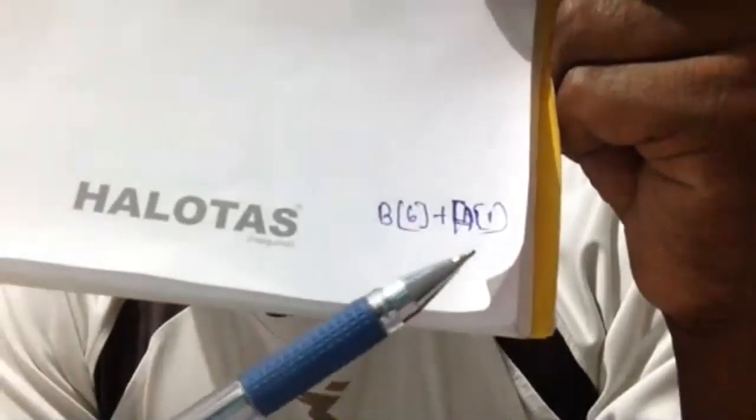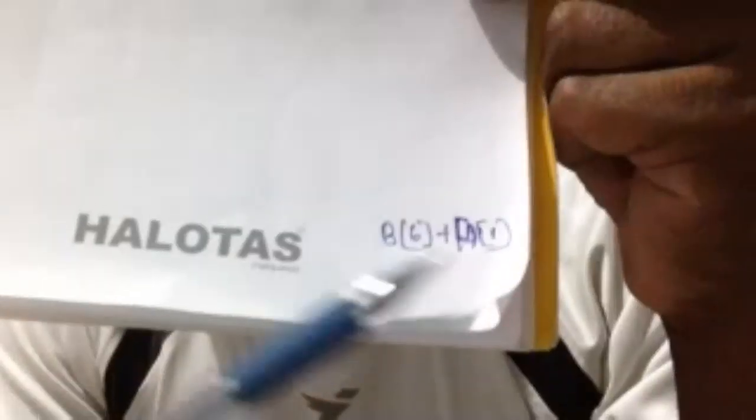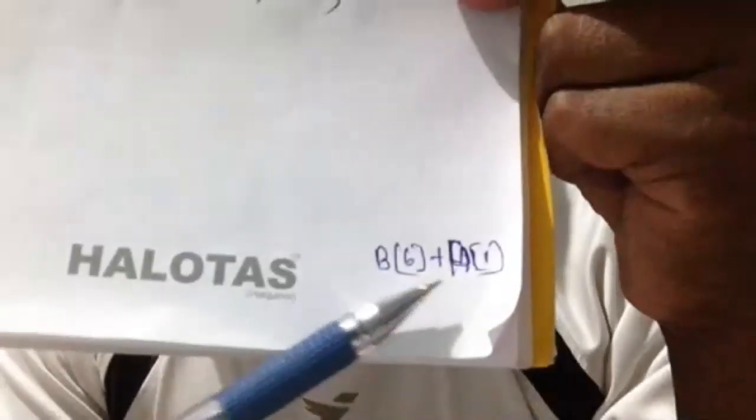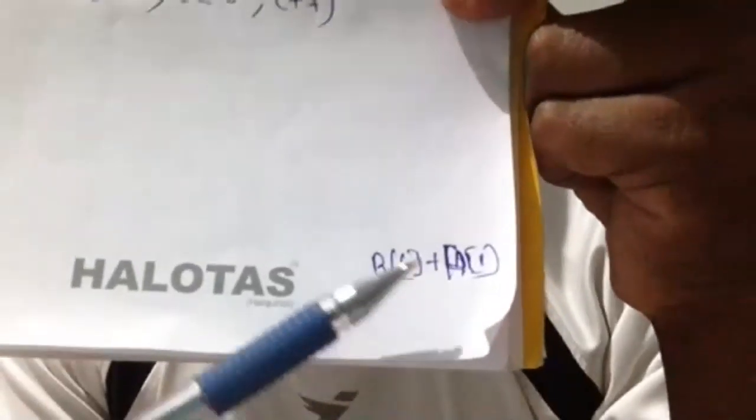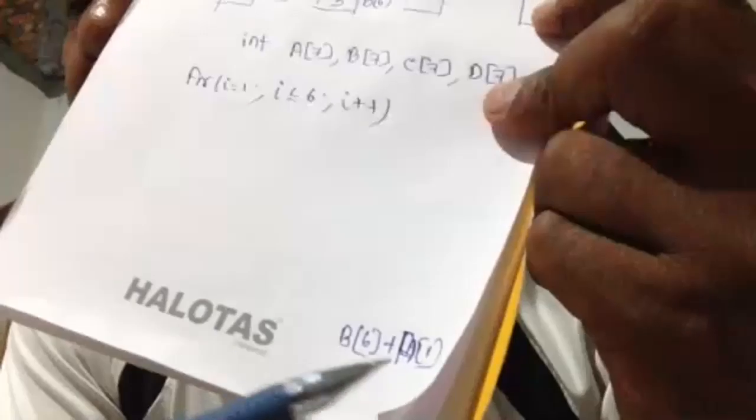Like here, if you want to add 3 with A1. Don't go for A1. If you want to go for data, 3 and what? 2. So you can't put 3 plus 2. You have to write it this way. It's clear? It will only take care about the address, not data.